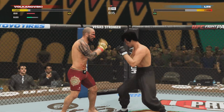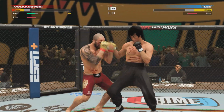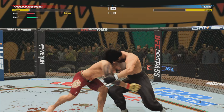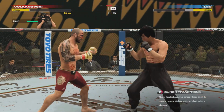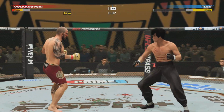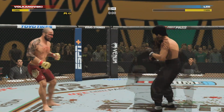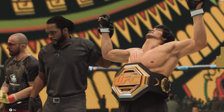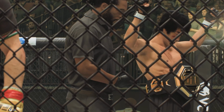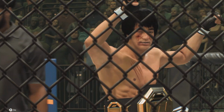Heavy kick late from the champ. Nice jab by Volka. Final 10 seconds of the fight. Well, what else can you say about Volkanovski after a performance like this one? Seemingly everyone on the roster wants to take their cracks against